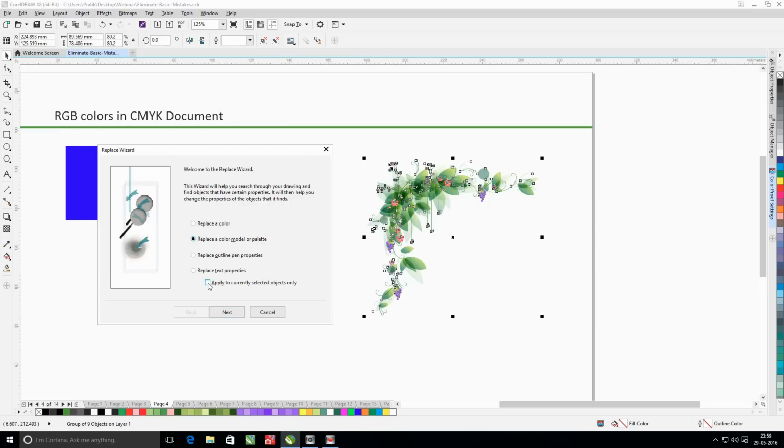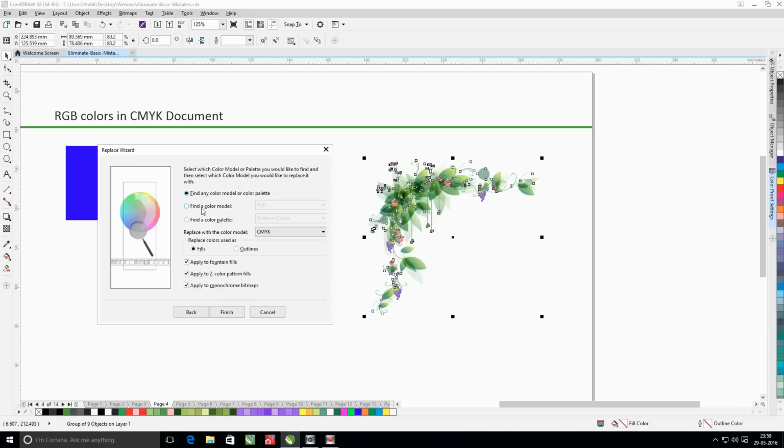I'll keep selected the apply to currently selected objects only checkbox, so that this change is applied to only the objects that are selected. You go to next. You need to find a color model that is to be changed, that is RGB in this case, and it is to be replaced with a CMYK environment.